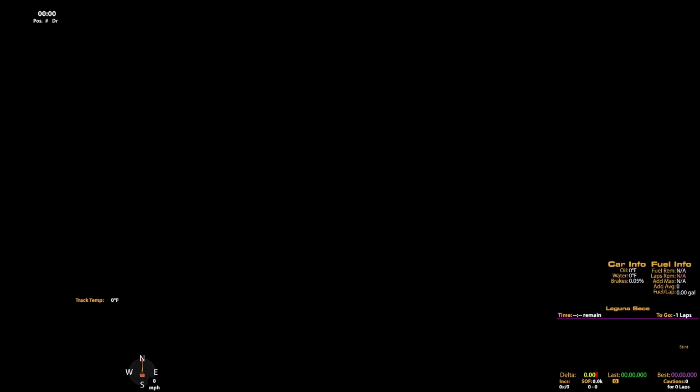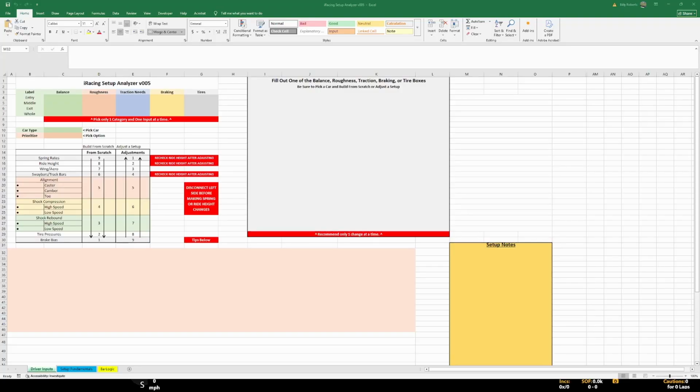I can get this popped up. This is an Excel table, which will be in the description probably. If not, it's on Gavin or Nick's Discord. I've shared it in the setup page. This is a setup analyzer that I have put together. I guess I've built it, but I'm not the one that has created these situations. So this is from a couple different tables that I have found on how to build setups